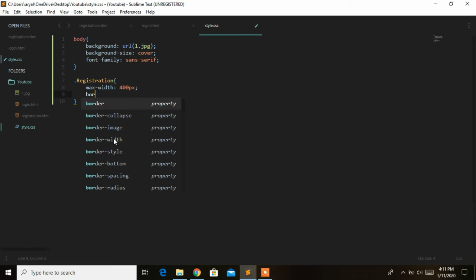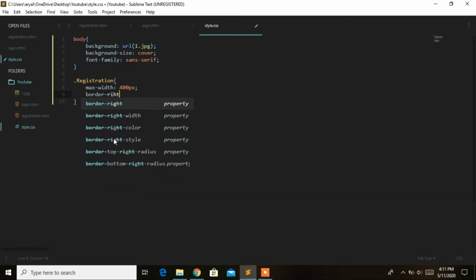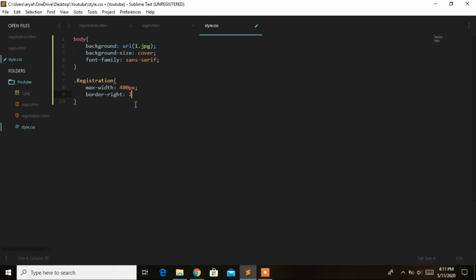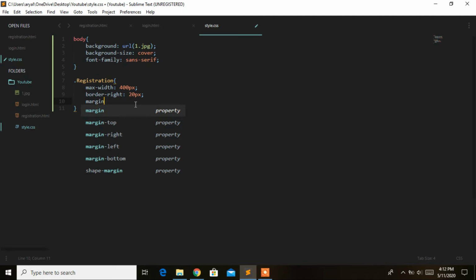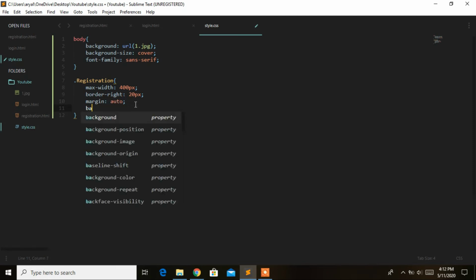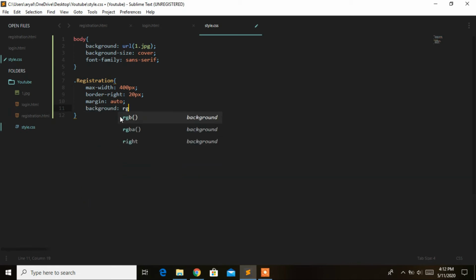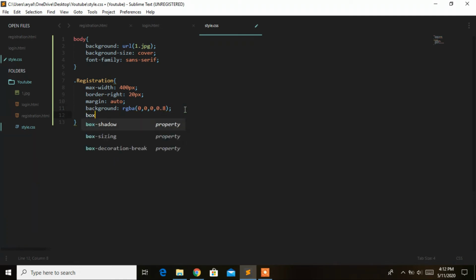Border radius I will give 20 px. Margin, I will give margin auto. Background, I will give 0, 0, 0 and 0.8 here. Okay. Box sizing,